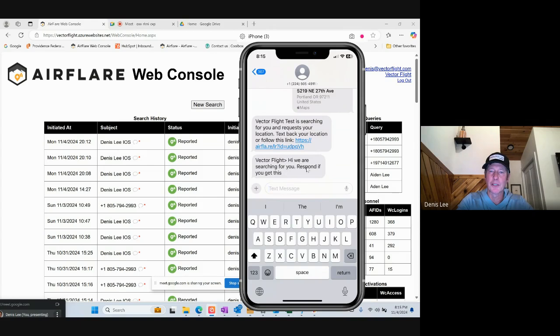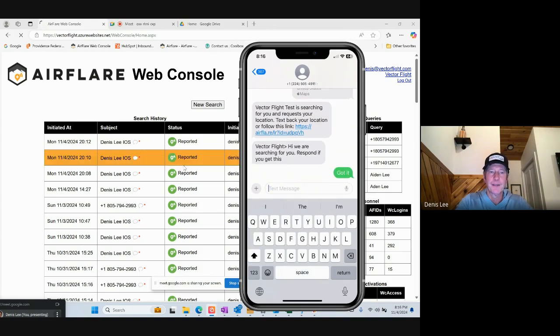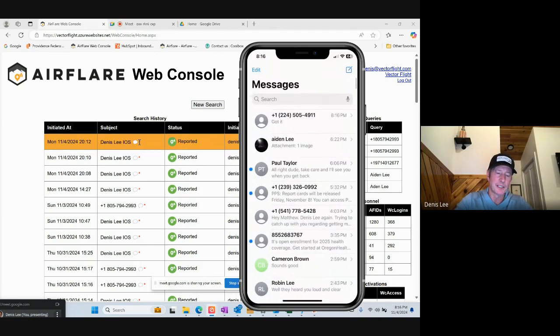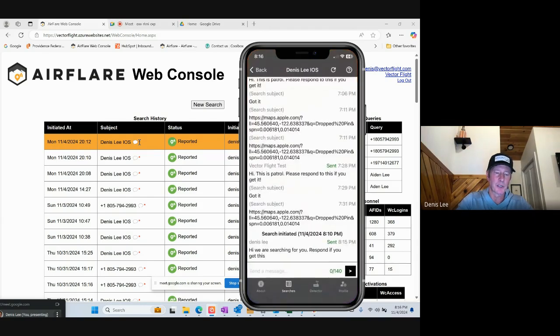And on the subject phone, they will get this text message. Hi, we are searching for you. Respond if you get this. The subject can respond back, got it, via text message. That lights this little icon up for the dispatcher to let them know they got a new text message. And for you on Field Console,